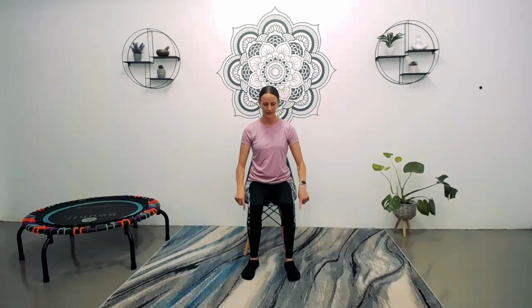All right, make sure ankles and knees are in line, arms are out if that's good for you. Weight into heels, let's stand all the way up. Make sure you know where your chair is as you're coming back down. Great. 2,